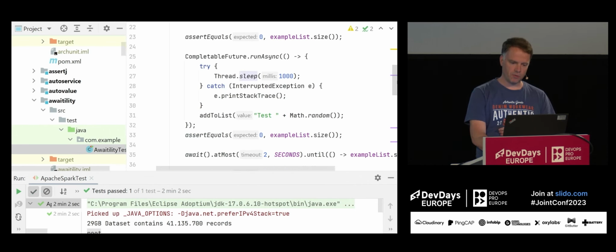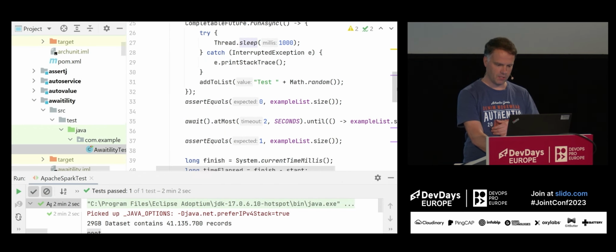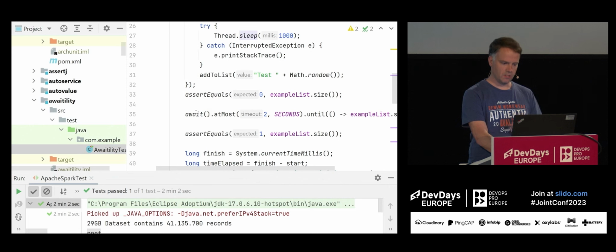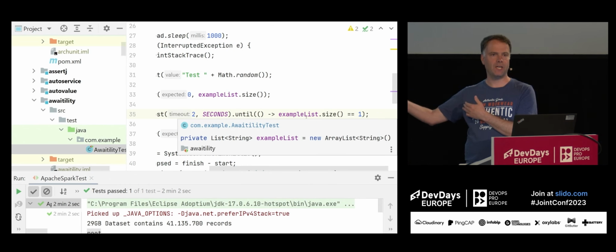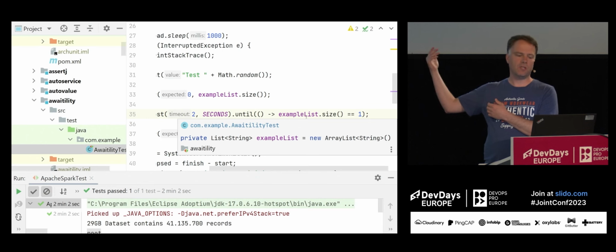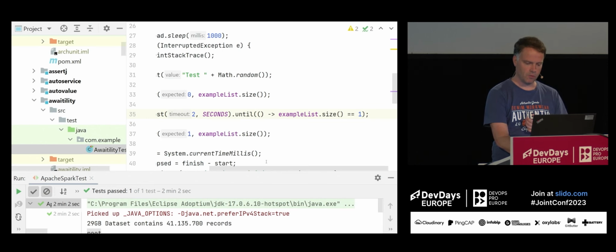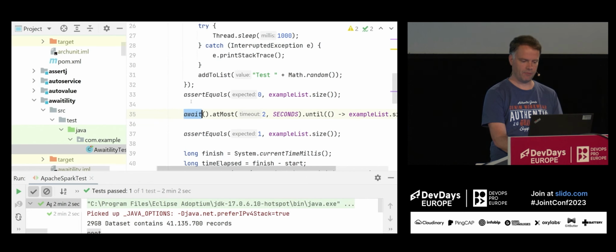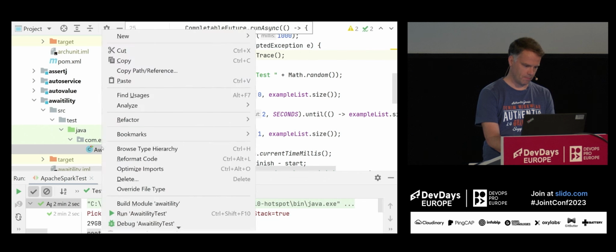It would be nicer if we use Awaitility, because with Awaitility we can use this await keyword and say, I want to wait at most 2 seconds until some condition. In my case I add stuff to a list, so I assert that something is present in that list, and after that I can do my normal asserts that I have with JUnit. So if we run this example,